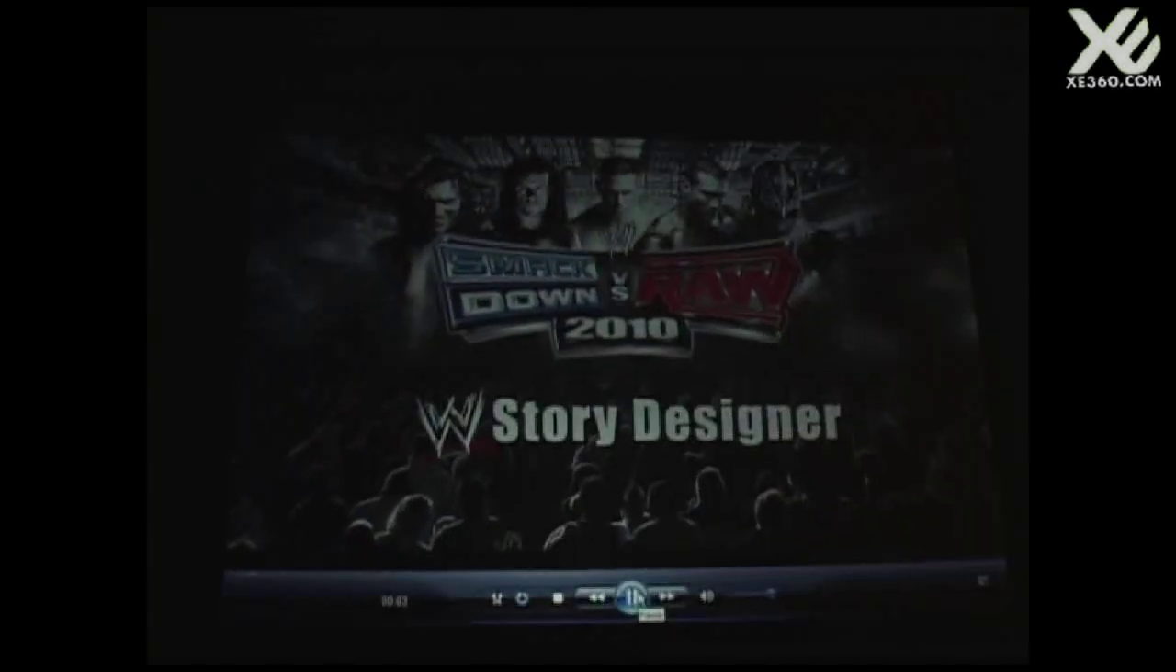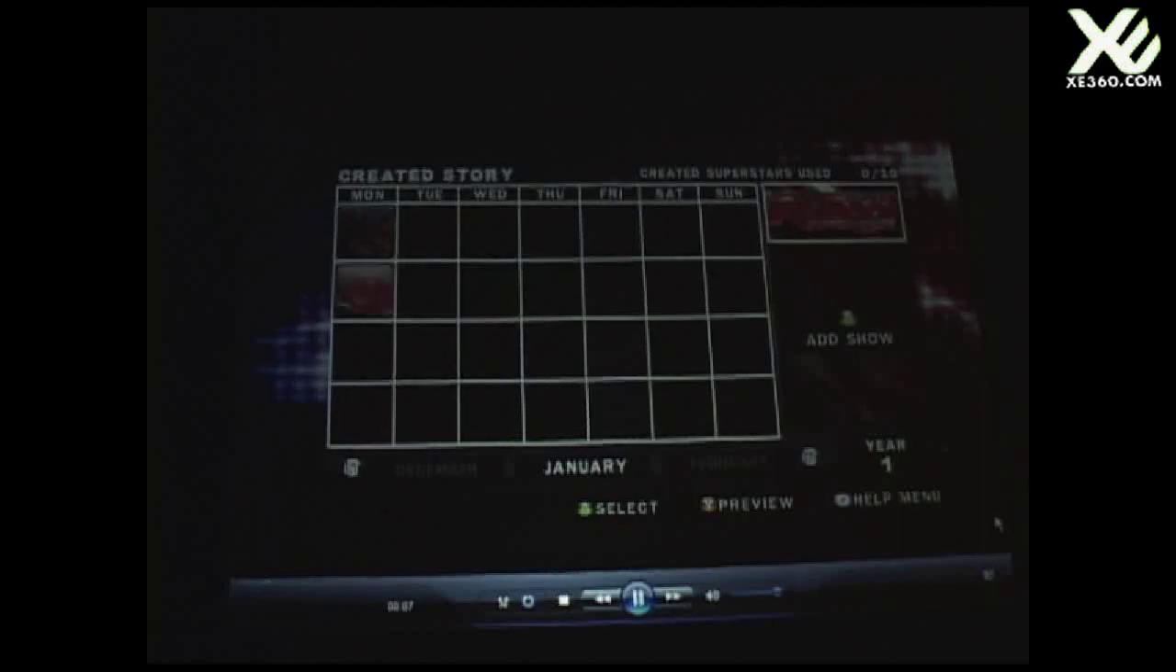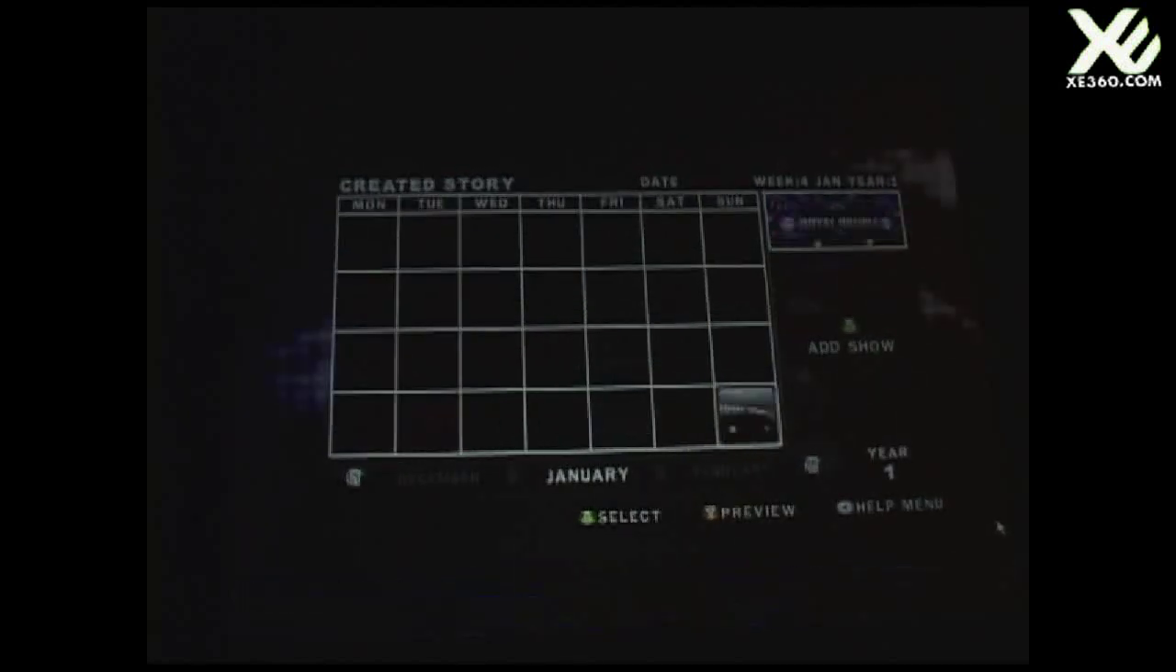Now we want to present to you a video of one of our brand new creation modes, which we're extremely excited about. We think the fans are going to just go nuts over. It's an extension of GM mode. It's a brand new mode, and it's called WWE Story Designer, and it allows you to create your own stories